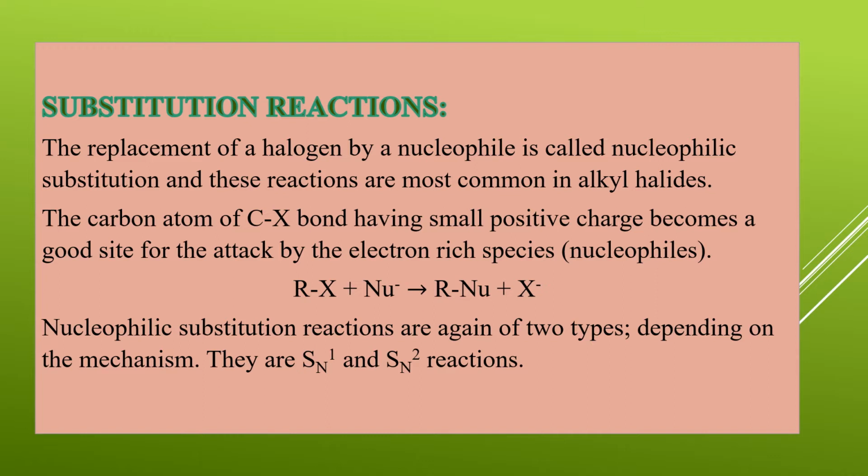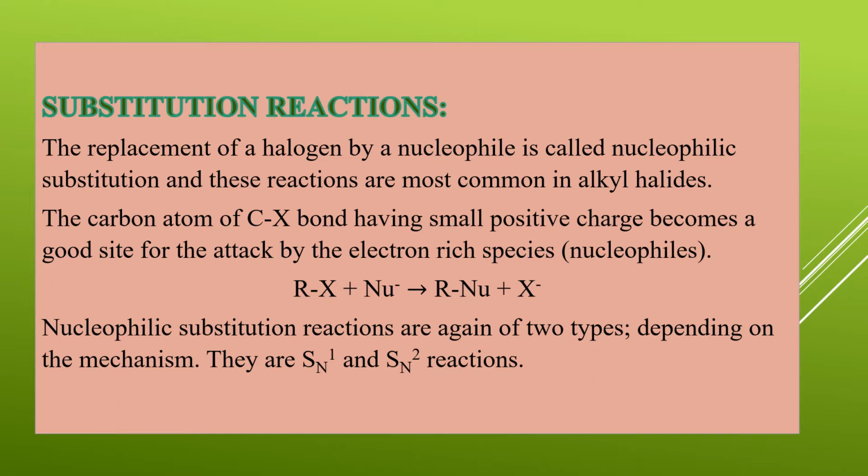We have also seen that the carbon-halogen, that is the C-X bond, is highly polarized. Why is it highly polarized? Because of the greater difference in the electronegativities of carbon and halogen. Which one is more electronegative, students, carbon or halogen? Halogen is more electronegative than carbon. Thereby, X acquires a small negative charge and C acquires a small positive charge.